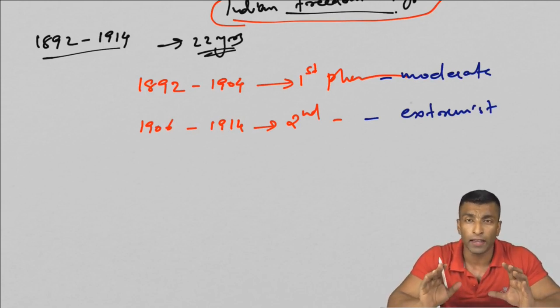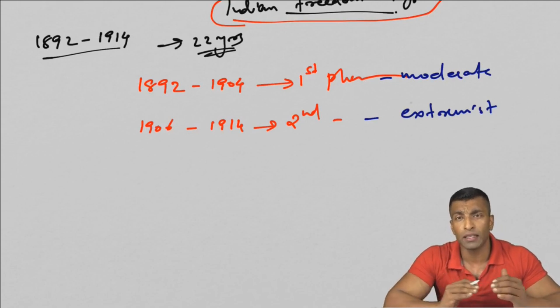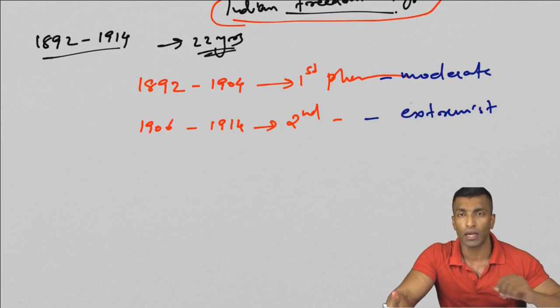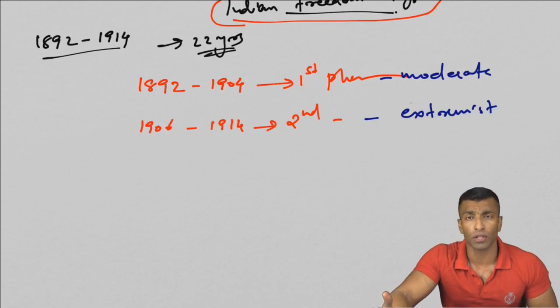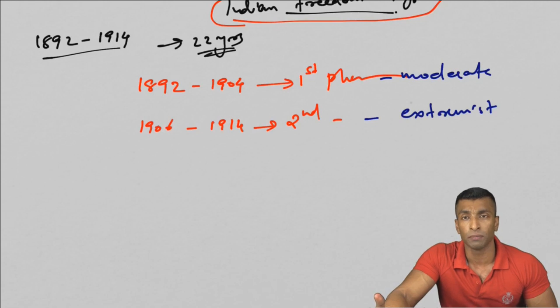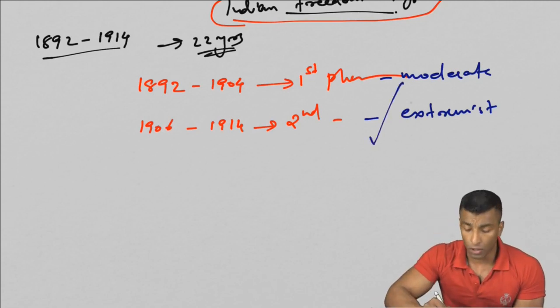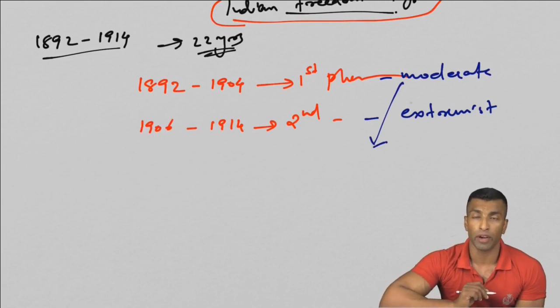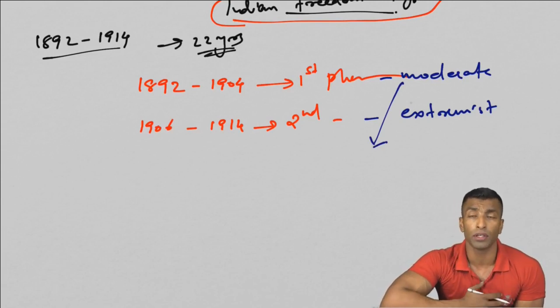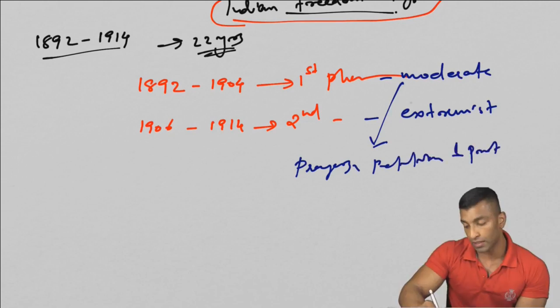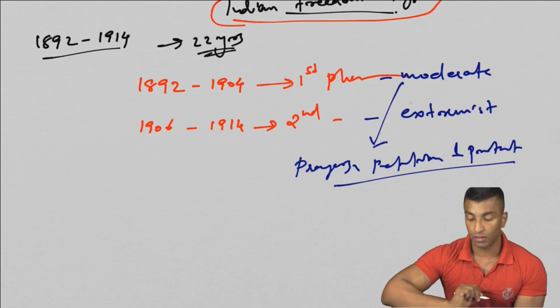Just like in the case of Congress, the moderate phase means it's all about Gandhian struggles through constitutional means. Gandhi was only following strictly constitutional means. So you'll only see the constitutional mode of struggle during the moderate phase, and Gandhi professed loyalty to the British crown and the three P's: prayers, petition, and protest. This was the strategy during the moderate phase.